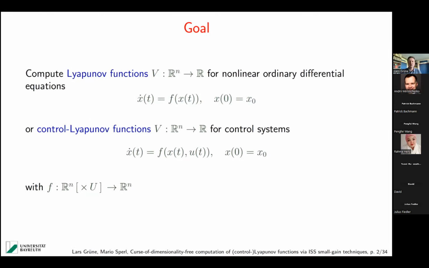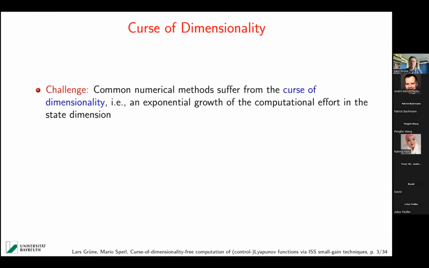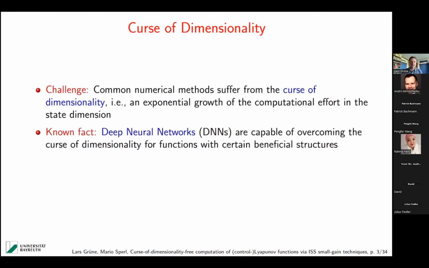In fact, with the curse of dimensionality, the problem occurs usually not only when n is very, very large, but typical grid-based methods, I will talk a little bit more about that later, they already stop when n is equal to 4 or 5, and you can't really get much further than that usually. So this is the curse of dimensionality.